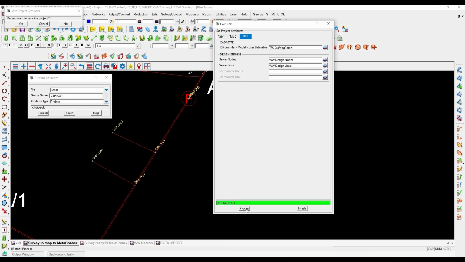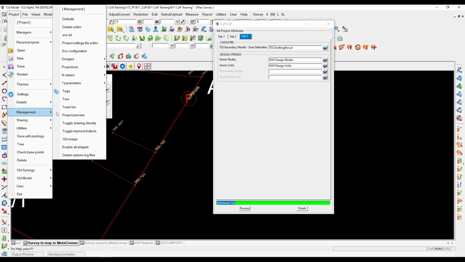So if I go process, it's set all my global attributes, and if I were now to go to projects, management,